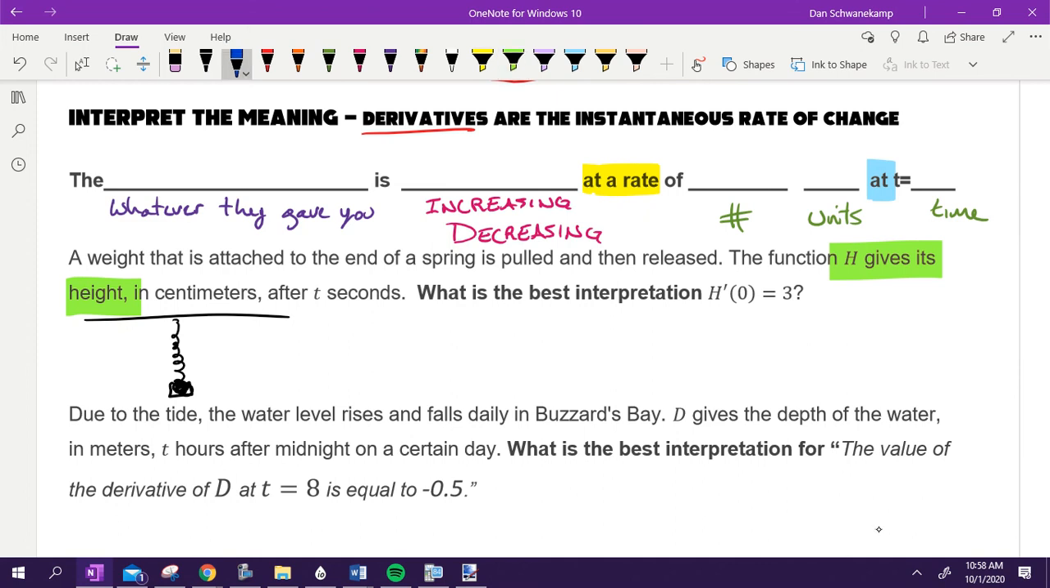So we are going to interpret that. Okay? H prime of 0 equals 3. We're interpreting a derivative. So here's what we're going to say. What did they give me? What is h a representative of? The height of the weight. I'm going to go ahead and say of the weight just because it's a little more clear. But the height of the weight, you could just say the height,